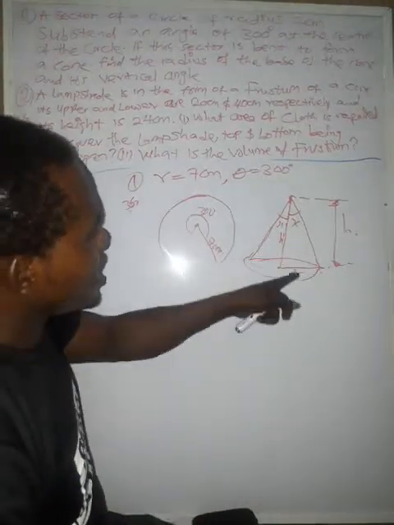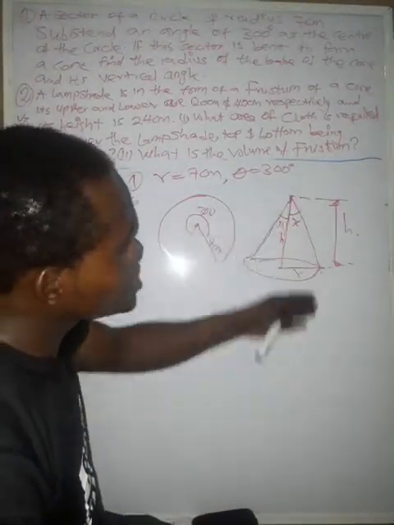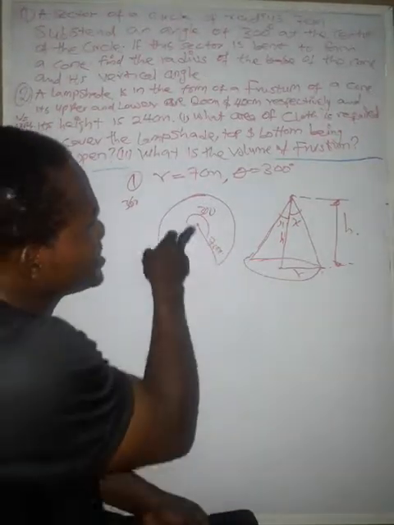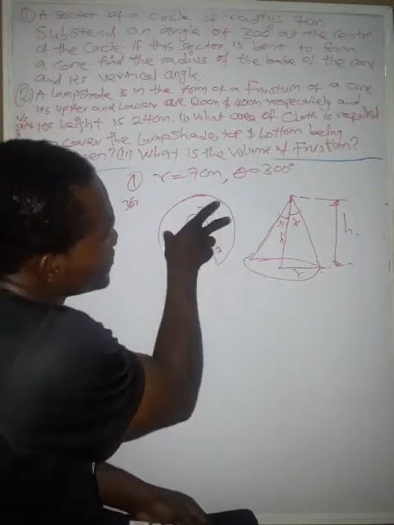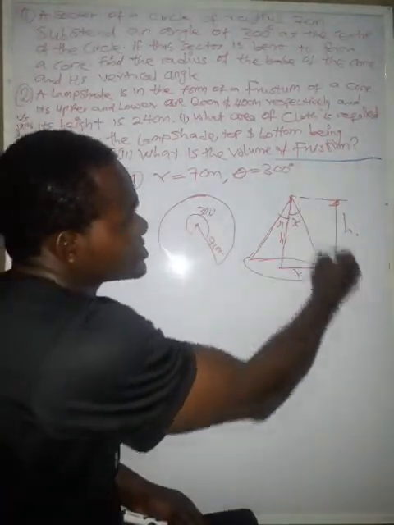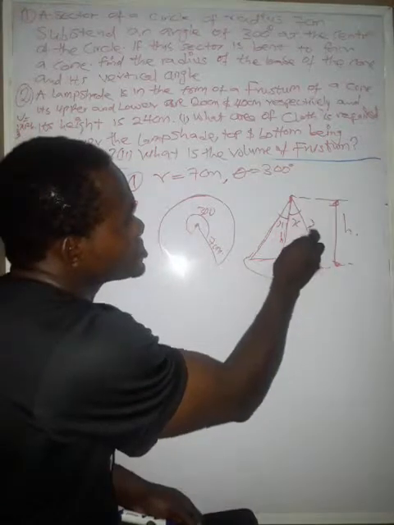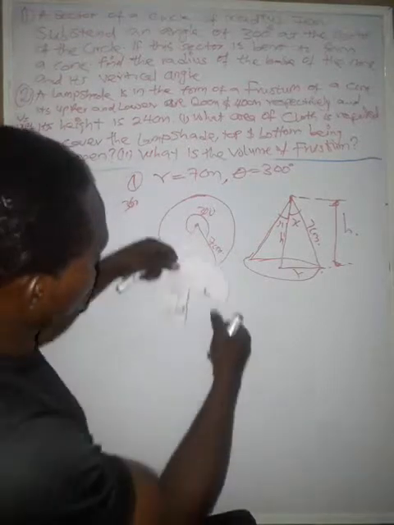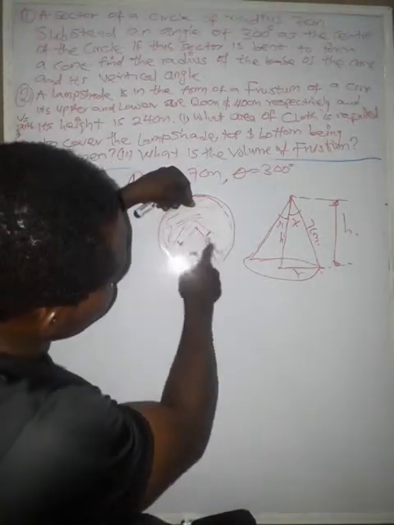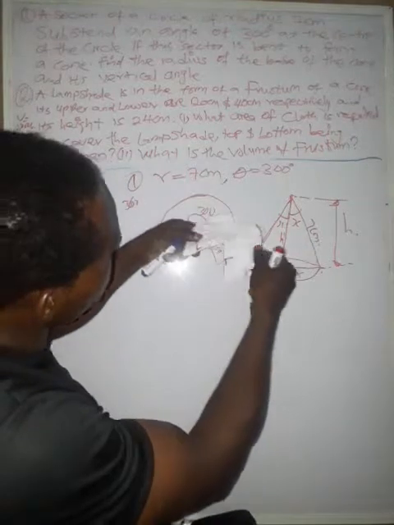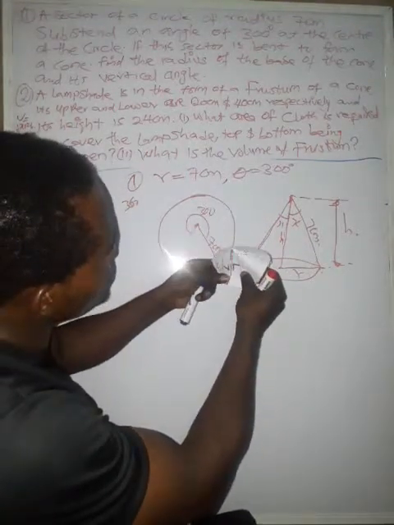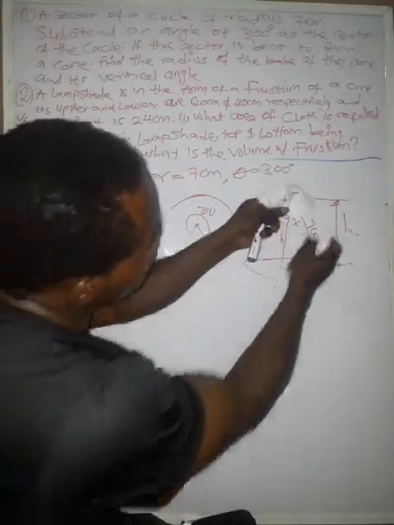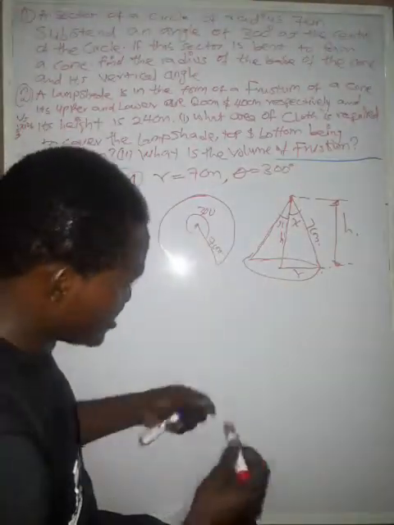So we need r and we need s. How do we find what we need? Don't forget that this place, which is the radius of this circle, is the same thing as the slant height of the cone. Here too is 7 cm. You see the correlation now. From here to here is 7. By the time you use it to form a cone, the L here, the distance here, has become the slant height from here to here, which is the same thing as this. So that is the relationship.